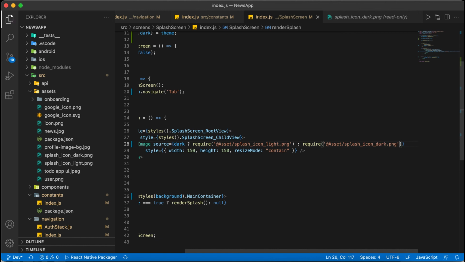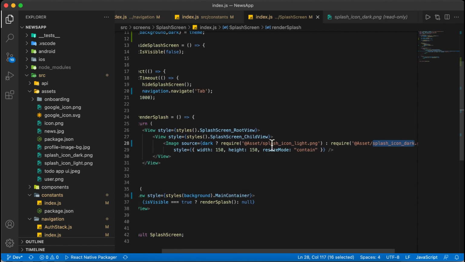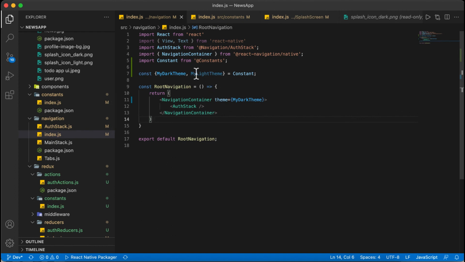When the dark mode is disabled, the light icon will display, and if the dark theme is enabled, then the dark icon will be displayed. So we did something like the themes. For the time being I will put the theme as light.